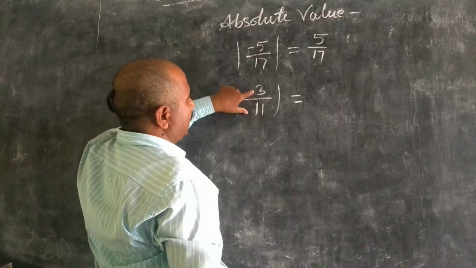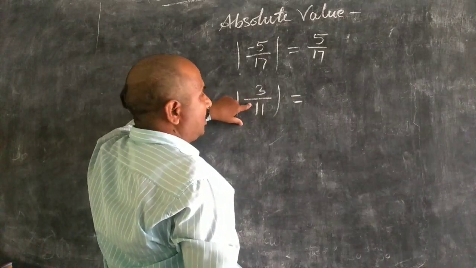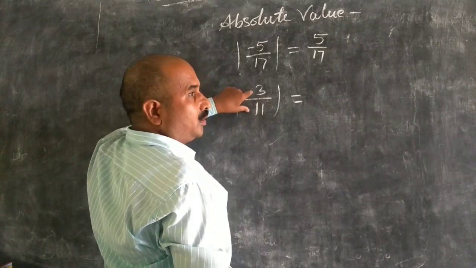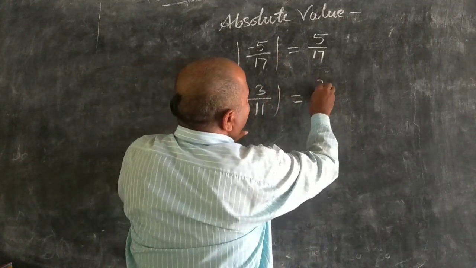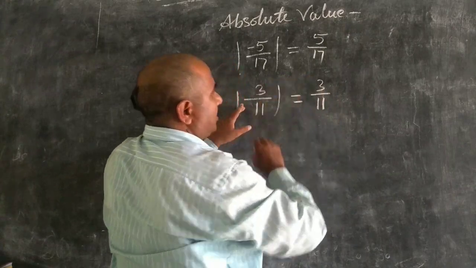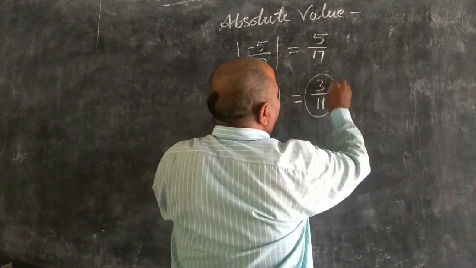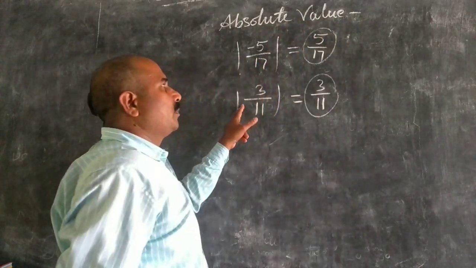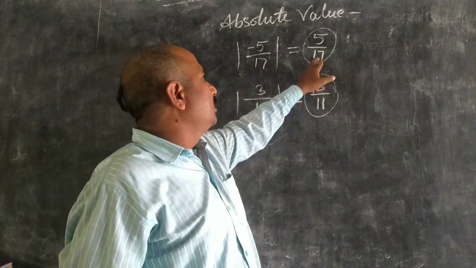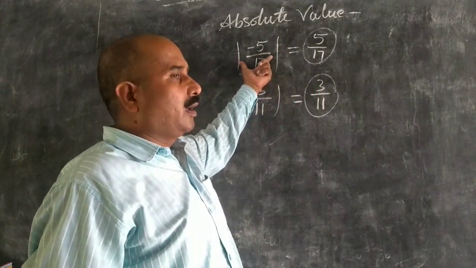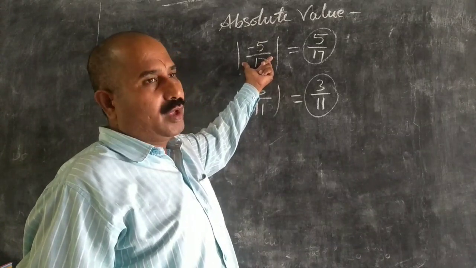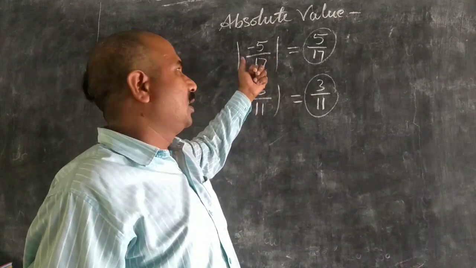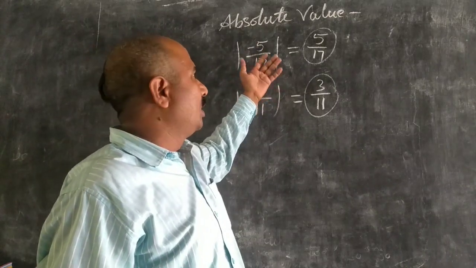In the same way, this is already positive. So there should be no confusion. Either it is positive or negative, its value will be positive. So this will be your result. In this way, anytime anybody asks you about the absolute value of any rational number, either negative or positive, you have to give